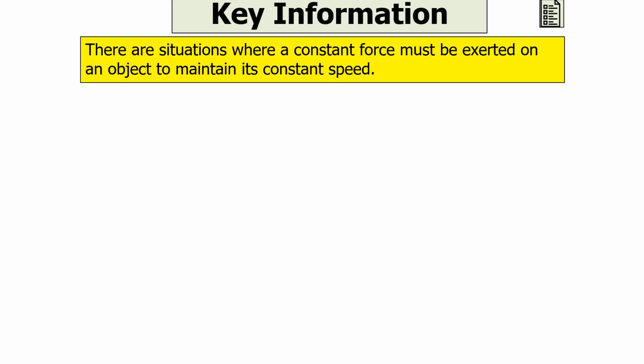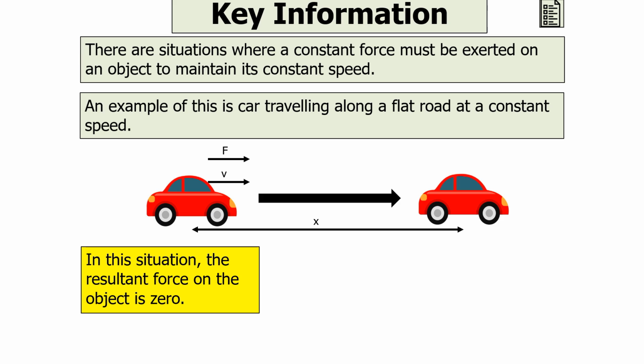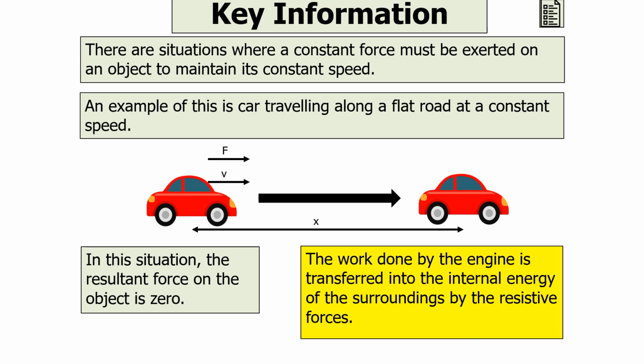Now there are situations where a constant force must be exerted on an object to maintain its constant speed. An example of this is a car travelling flat along a road at a constant speed. In this situation, the resultant force on the object will be 0. The rate of work done by the forward force provided by the engine therefore must equal the rate of work done against the frictional forces acting on the car. So we can say that the work done by the engine is transferred into the internal energy of the surroundings